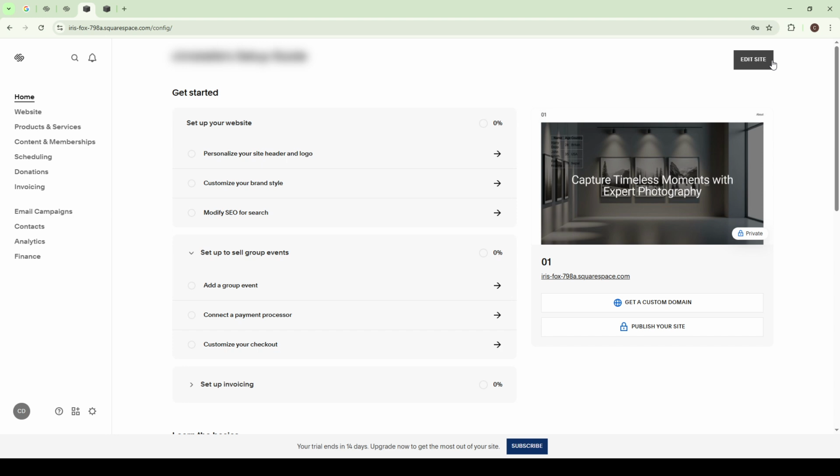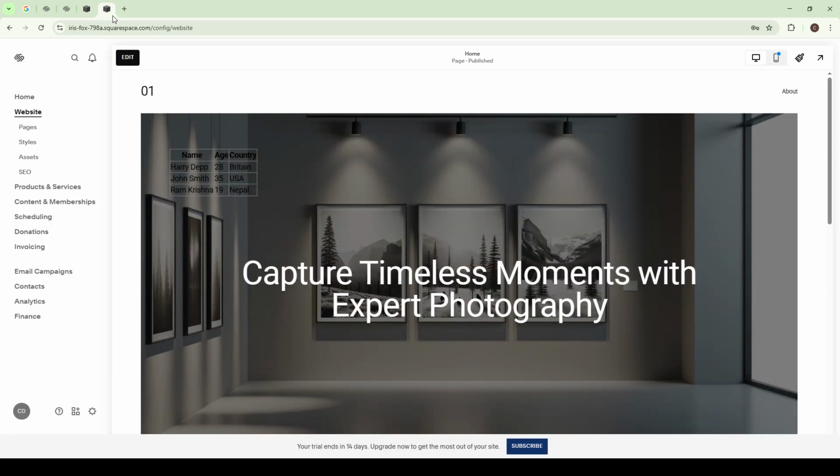Whether you plan to change some text, swap out images, or update site menus, this is your gateway to customization. Take a moment to review the different editing options. It's always a good idea to have a vision in mind for what you want. Whether it's a complete overhaul or just some minor tweaks, plan your changes carefully to ensure coherence and professionalism across